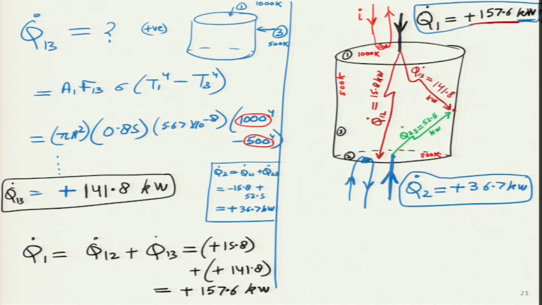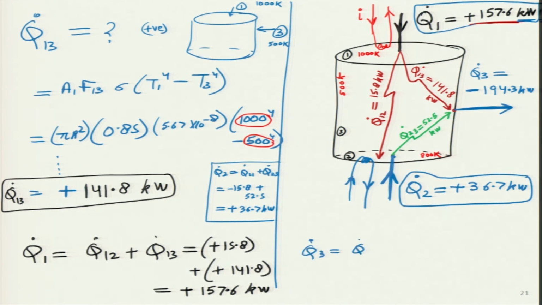And where is all this heat going from both the heaters? It is going through the side over here, because this side surface is the one which is taking away all the heat. If you add these numbers together, we get a minus sign over here first. I will write a small number here, because I have small space. Q dot 3 will turn out to be minus 194.3 kilowatt.